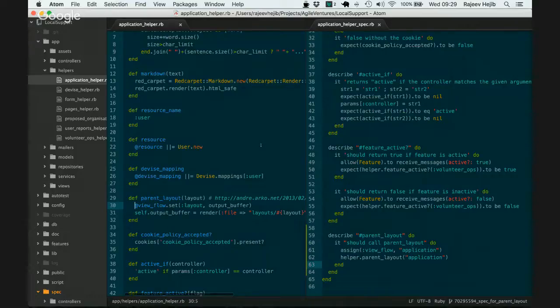So exactly. On line 30, view flow is still an instance variable. Instead of being nil, it's now a string, the string application. Now the interesting question there is, it can't call set on a string because it's a string. So I think maybe we need to assign view flow to be something else. What else might we assign it to? I think we'll have to assign